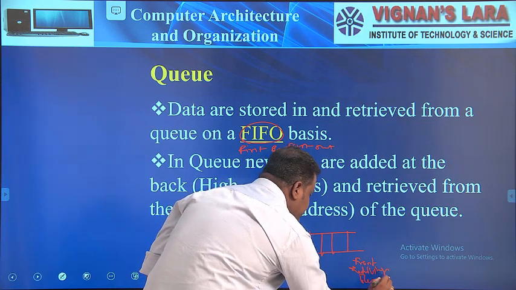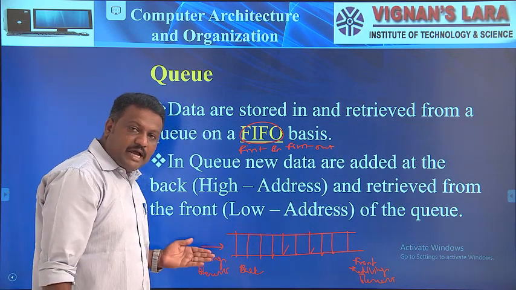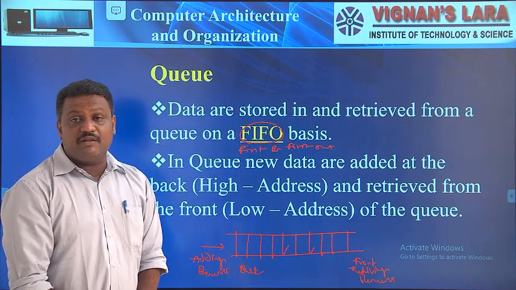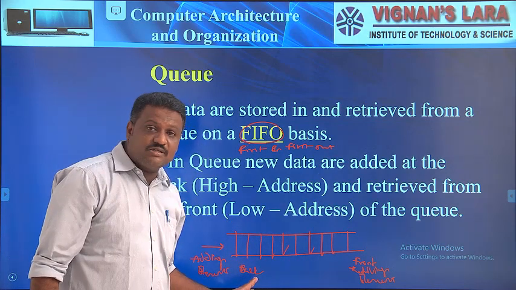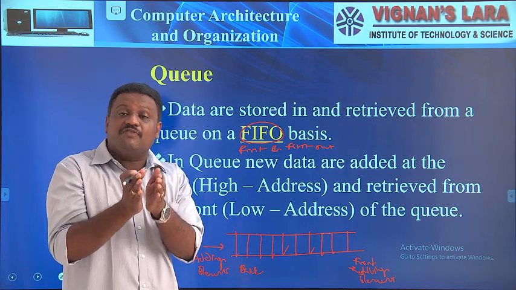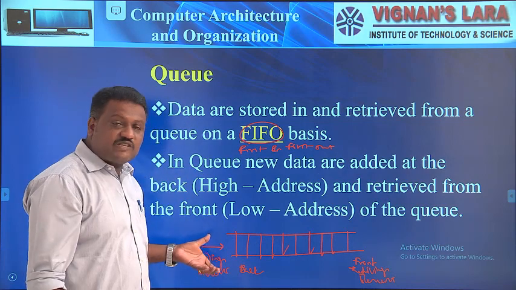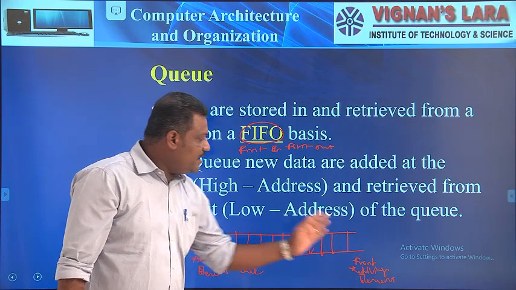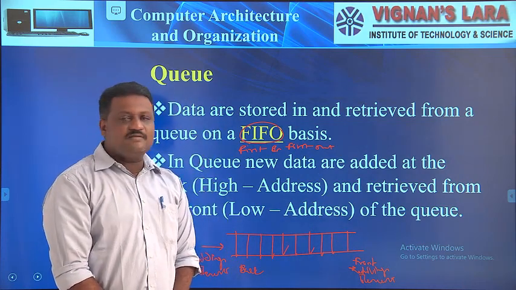elements from the queue. That means in a queue, at one end I was adding data elements, and at the other end I was retrieving data elements. And what happens in the case of a stack? There is no such situation. In a stack, data entering as well as retrieving is always done at only one end, and the other end was always fixed. But in this case, it is not like that. At one end, data elements are added, and at the other end, data elements are retrieved. So this is a basic queue.